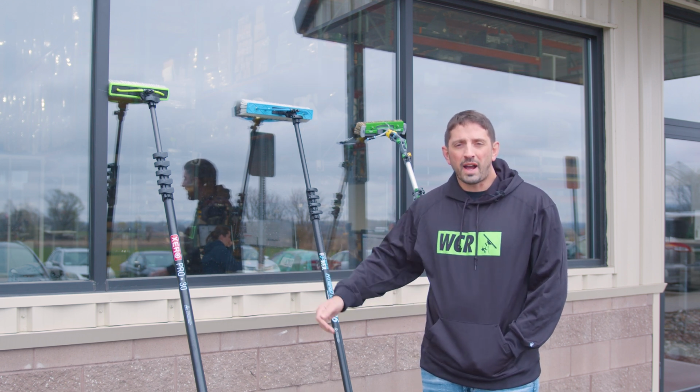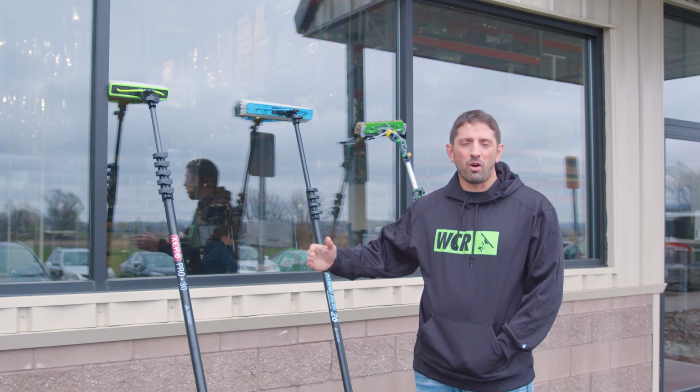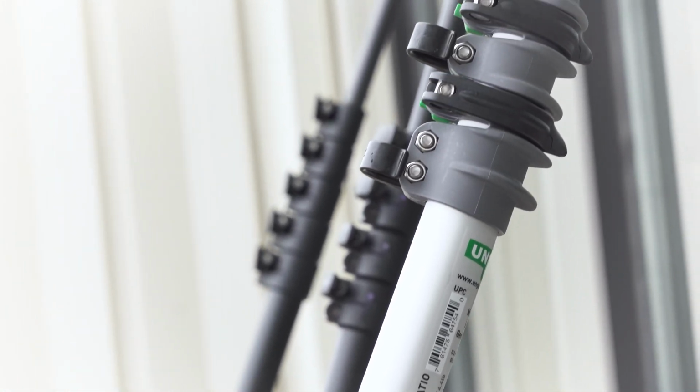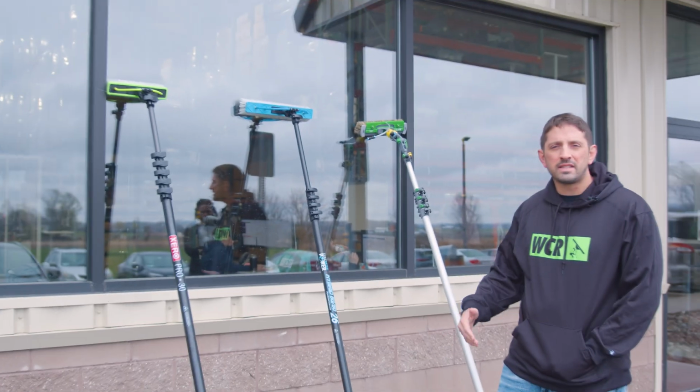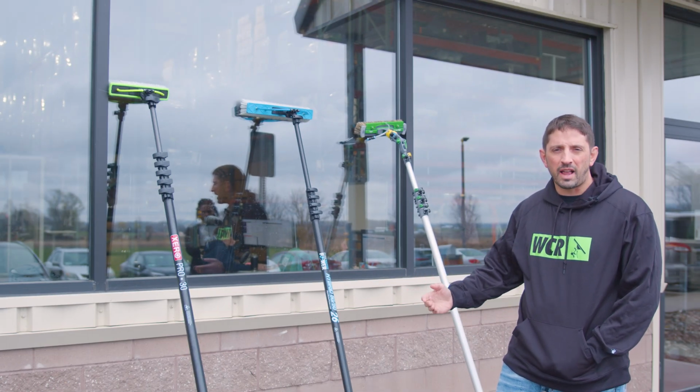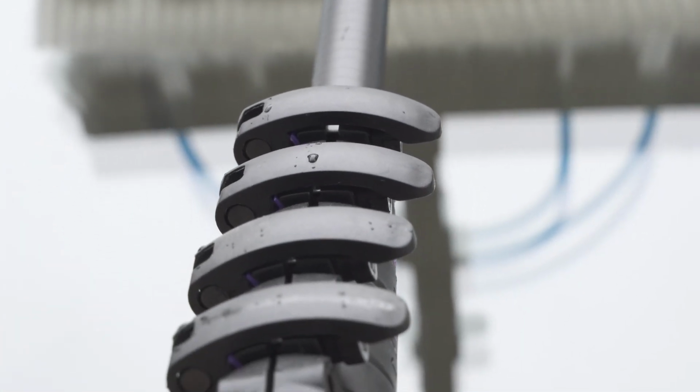Now, when going over heights of 30 feet, it's going to be all carbon fiber poles. Why? When working with an aluminum water-fed pole, these are going to be good up to about 20 feet, but past there, it's going to be too heavy and it's not going to be very stiff to get a good scrub on the glass. When thinking about a hybrid pole, these are really made from anywhere between 21 to 25